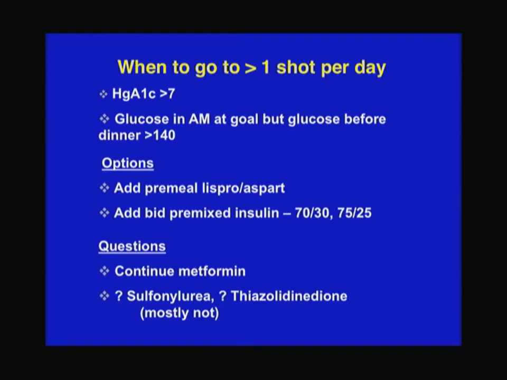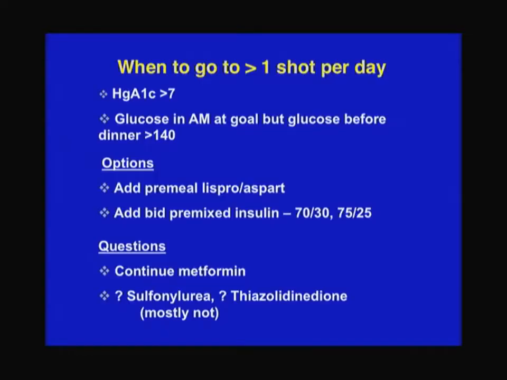And again, I think I'll skip this to go to some of the newer stuff. But there are a variety of regimens and ways to do this. There's no one right way. But many patients end up on four shots a day, one long-acting insulin and then three short-acting insulins before each meal. Or you can use some pre-mixed versions of combinations of long and short that also work pretty well.